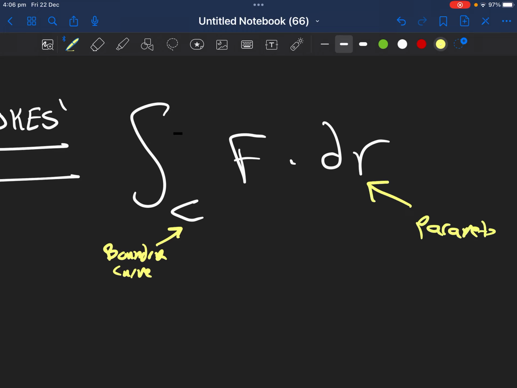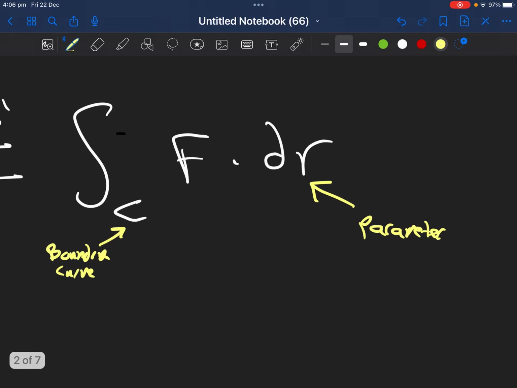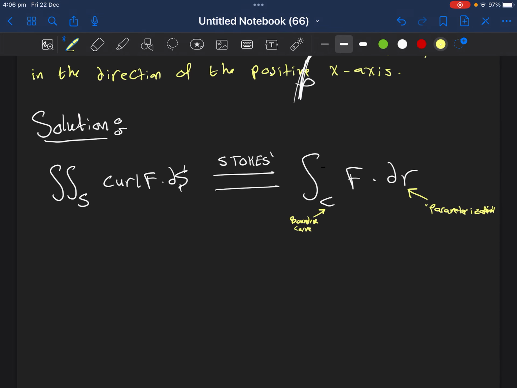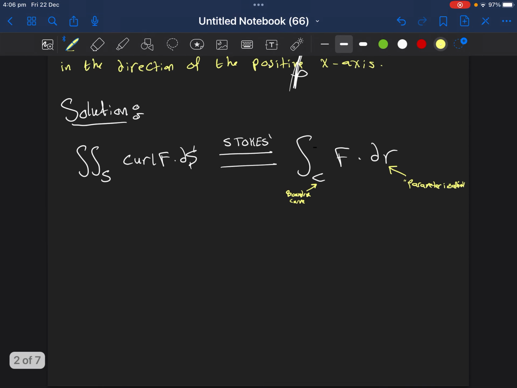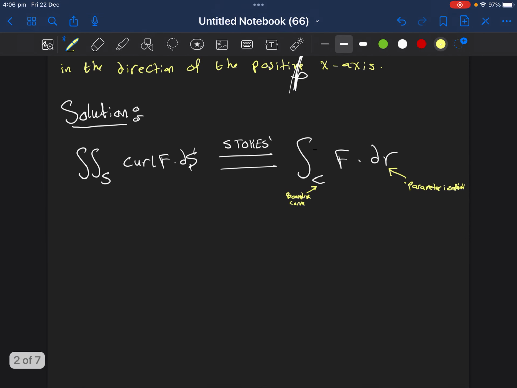My goal is to find a parameterization for this curve C, and then we find this integral. So in order to find the parameterization, let's have a quick sketch of the surface S